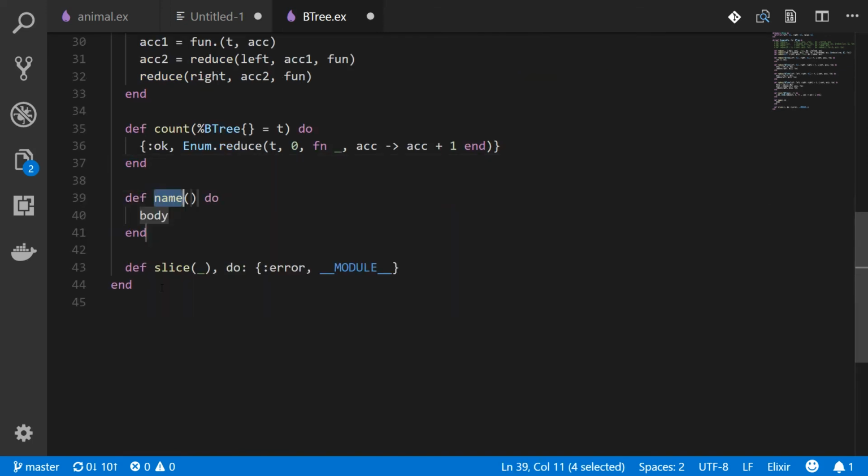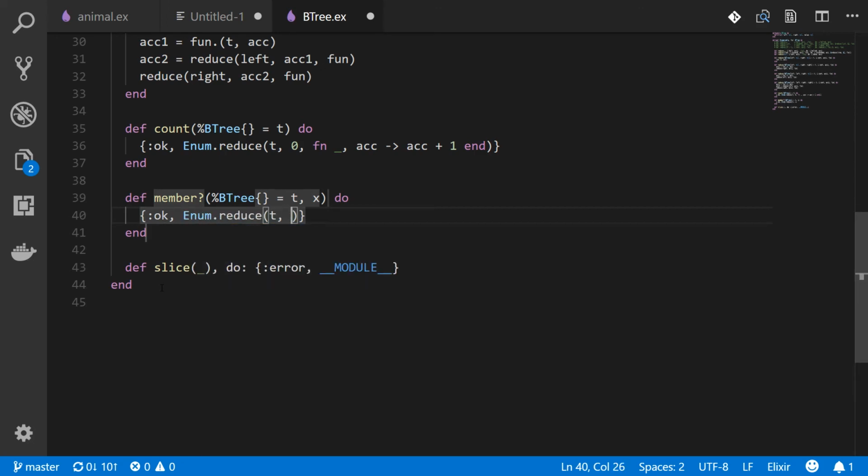Okay, so I think member?, and that's also going to take a binary tree. We're going to save that as t, and as well as that, we've got something we're testing it against. Because remember, when we call Enum.member, we've got to pass it in both a collection and an item, and it says whether that item is a member of that collection or not. So we'll just say the item is x, return OK and